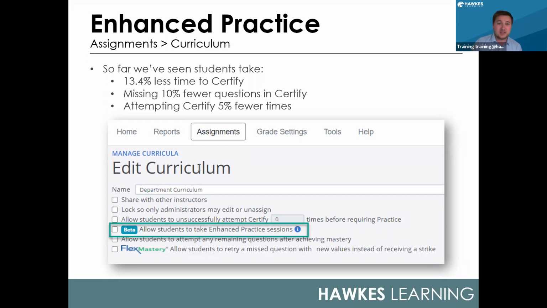When students use the enhanced practice mode, we've seen that 13.4% less time was spent in Certify. Students missed 10% fewer questions in Certify, and students were attempting Certify 5% fewer times. Now, this is still in a beta mode and we are still collecting this data. So while this is available for you, just so you know,